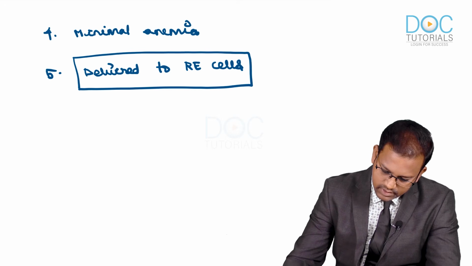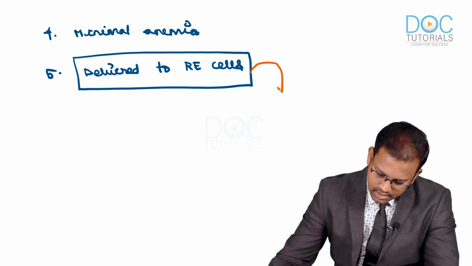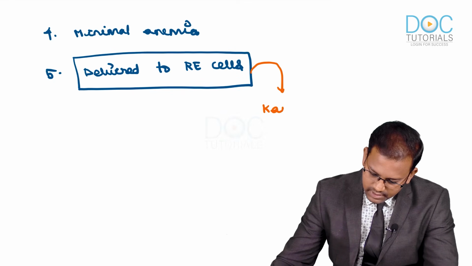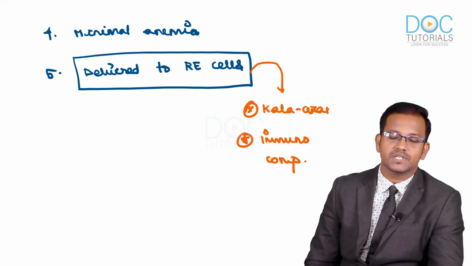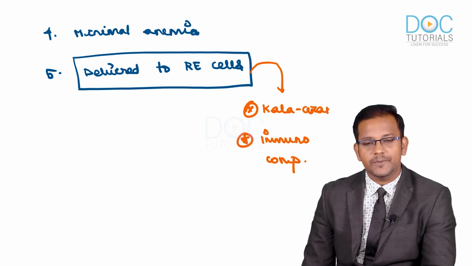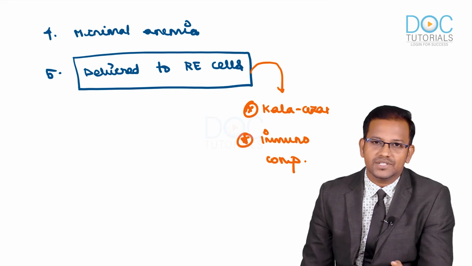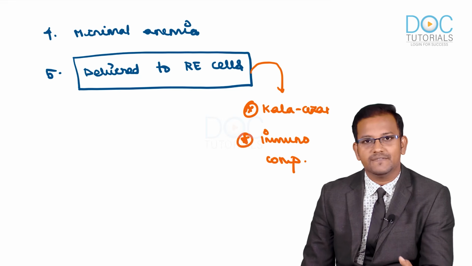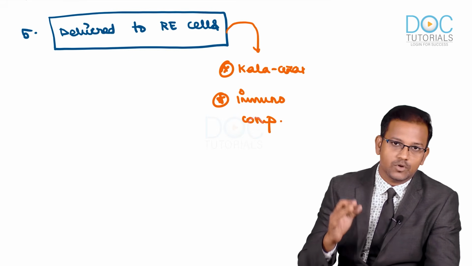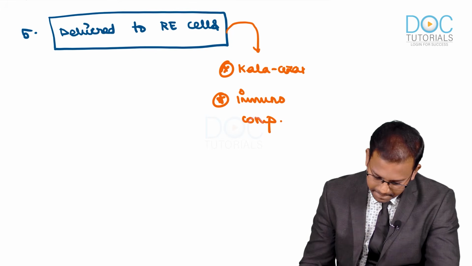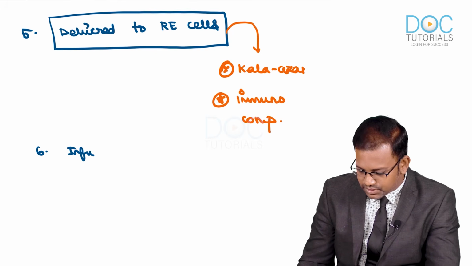As it is delivered directly to the reticuloendothelial cells, liposomal amphotericin B can also be used for the treatment of Kala-Azar, leishmaniasis, and also in immunocompromised patients. In immunocompromised patients, we can administer this liposomal amphotericin B. Simply, if any immunocompromised patient is being treated with amphotericin B, it actually helps them to fight the fungal infections. Clear? So, if immunocompromised patients land up in fungal infections, we have to opt for amphotericin B, the most important drug.